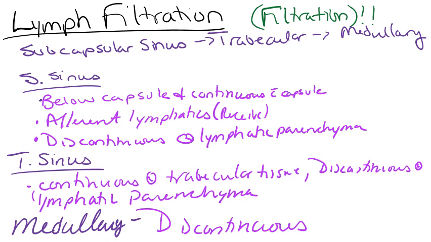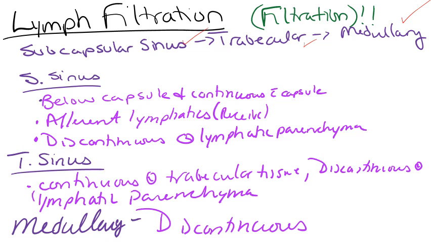So, filtration. That is the main role of a lymph node. Here, this is the general flow from the afferent to the efferent lymph. We go to the subcapsular sinus via the afferent lymph. And remember, they are valved. They do not allow efferent to afferent flow. It's only afferent to efferent flow. From the subcapsular sinus, we go to the trabecular sinus. The trabeculae, remember, are those wedges that create those different regions in the lymph node. From the trabecular sinus, we drain into the medullary sinus. And the medulla is where we're going to have this conglomeration of different lymphocytes that will be able to provide